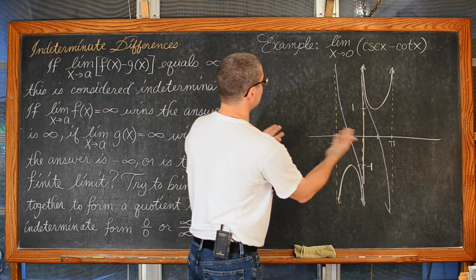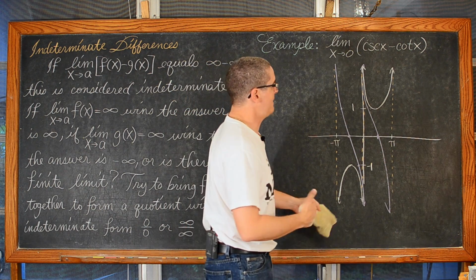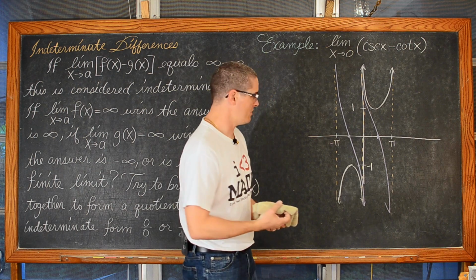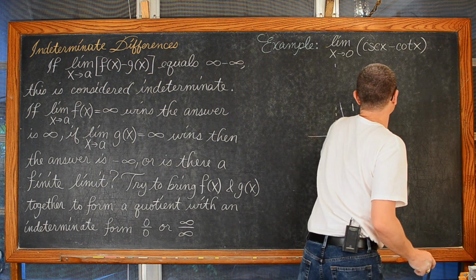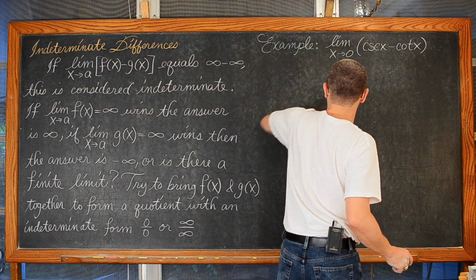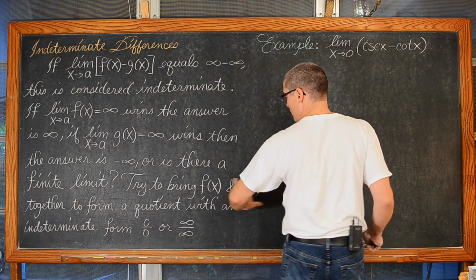So either way you look at it, left or right limit, this has that indeterminate form of infinity minus infinity. So let's see if we can use this tip of how to work out these problems